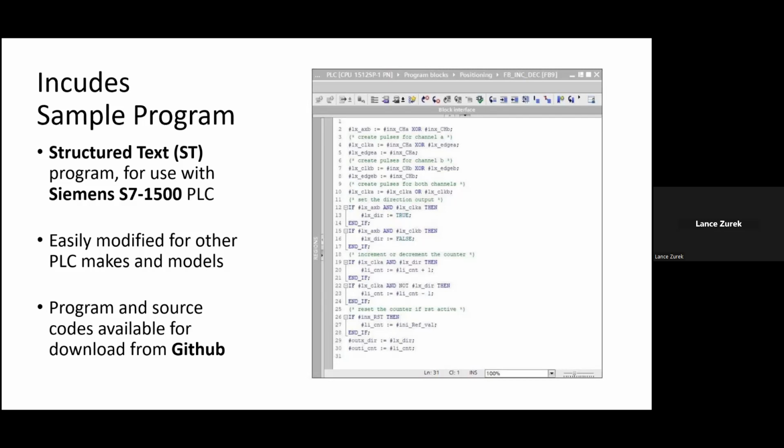Of course, the new Training Factory can also be controlled with other PLC models besides the Siemens and other brands, once the end user makes some small adjustments to the sample program. And of course, all of the source code needed to do this is also available for free download from GitHub. And you can get all of this information and much more in the 152-page manual that accompanies the model,